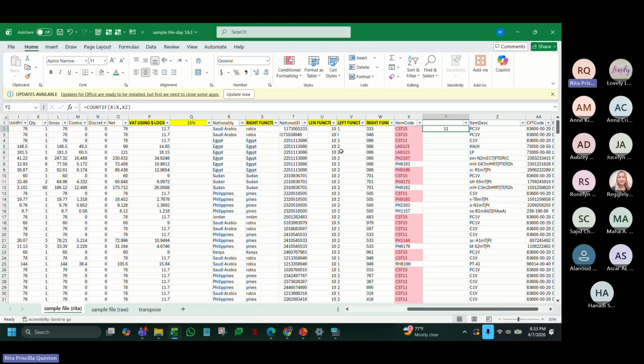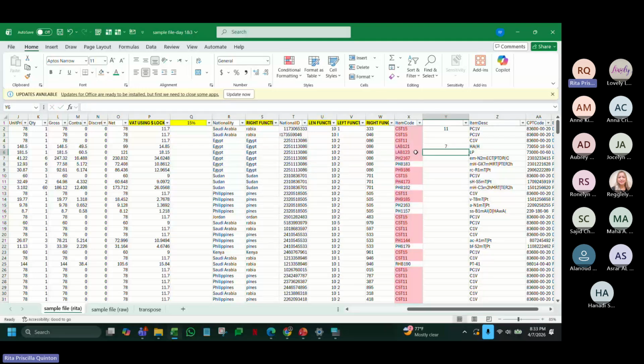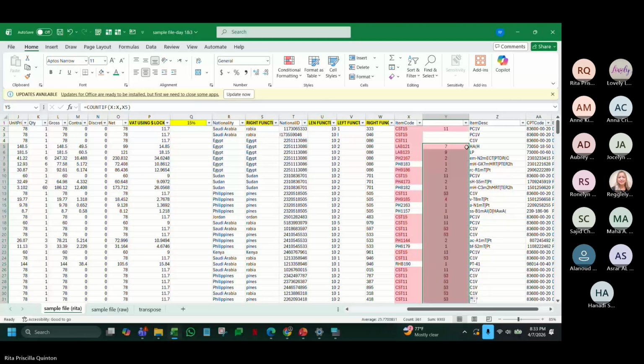It's simply asking Excel how many lab 121 do I have in this range. So first it's the range and then the criteria. And once you do this formula, just drag it or autofill. Click this, then it will be there.